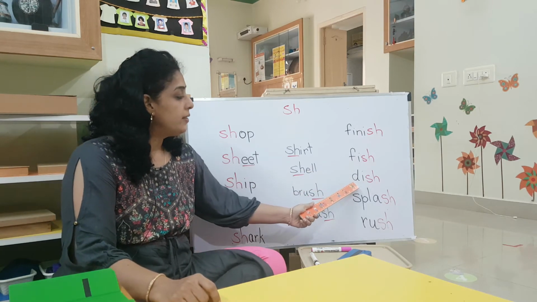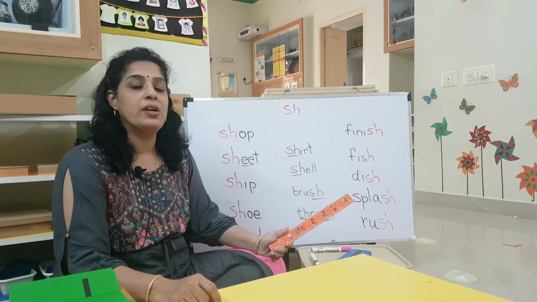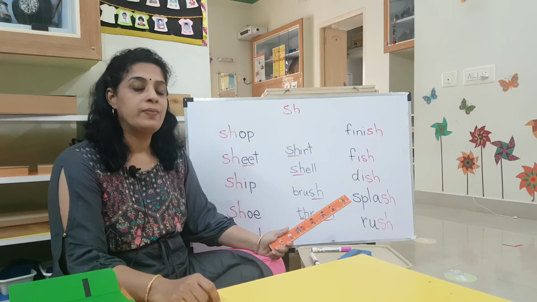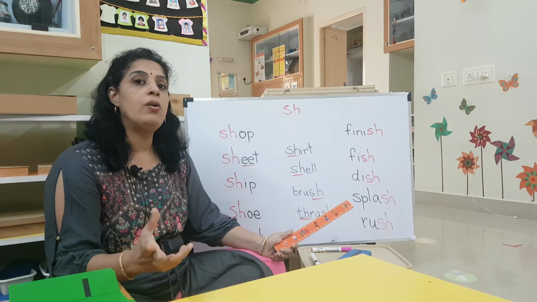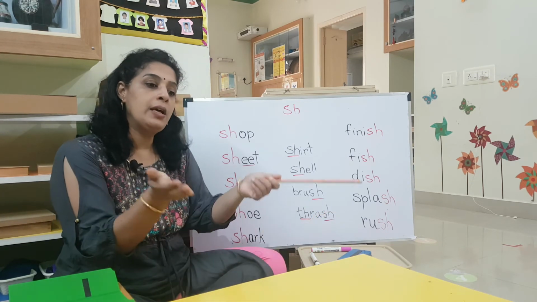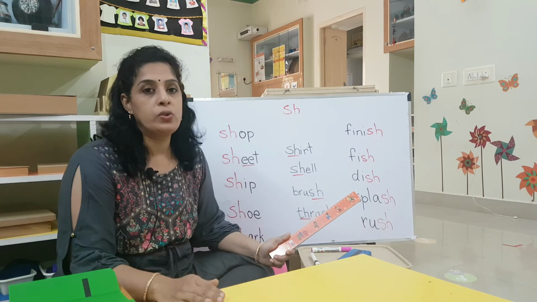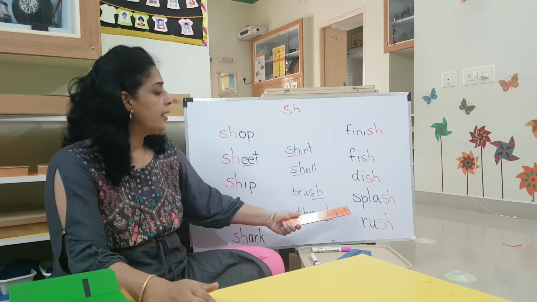Next one. Dish. Mommy, whatever things that she makes, like sambar or anything that she makes, is called a dish. And sometimes the vessel into which she pours, that patram, that is also called a dish. Okay. Next one.